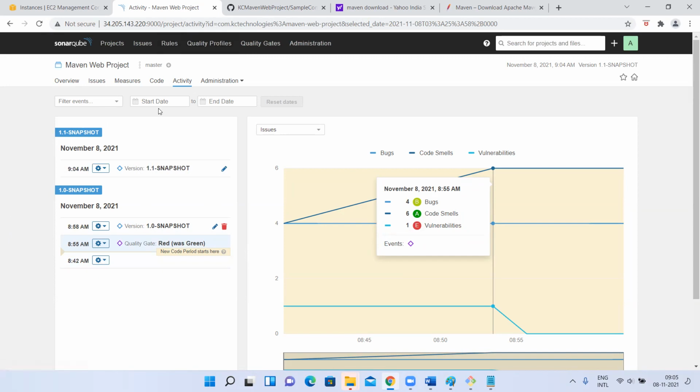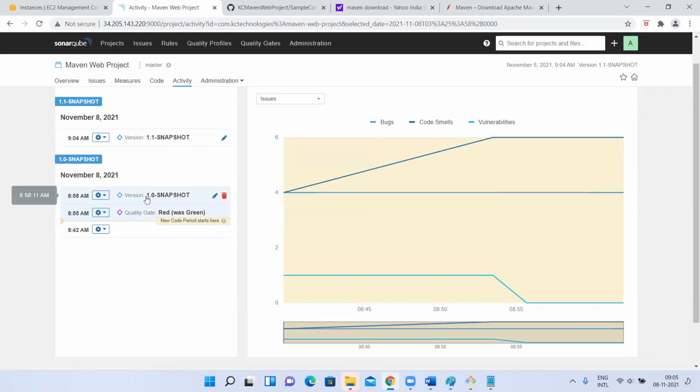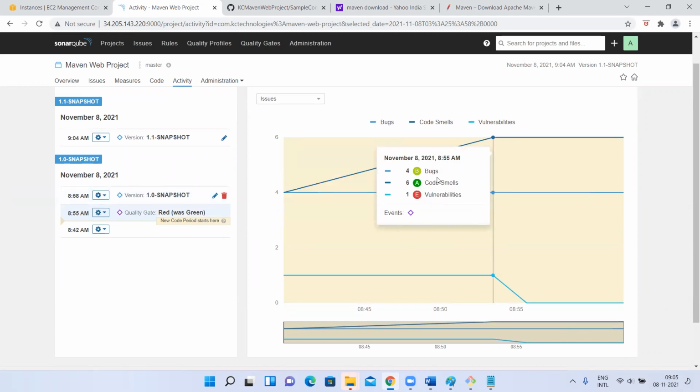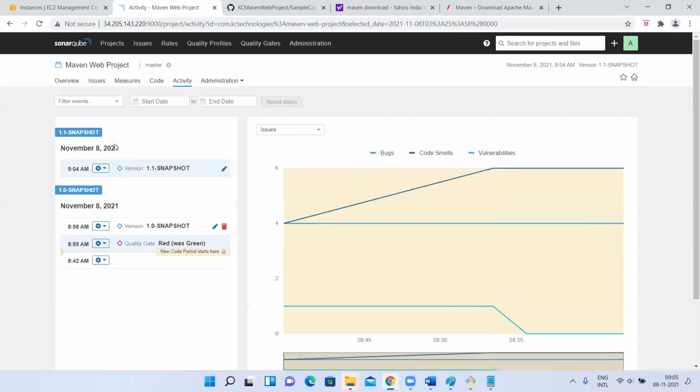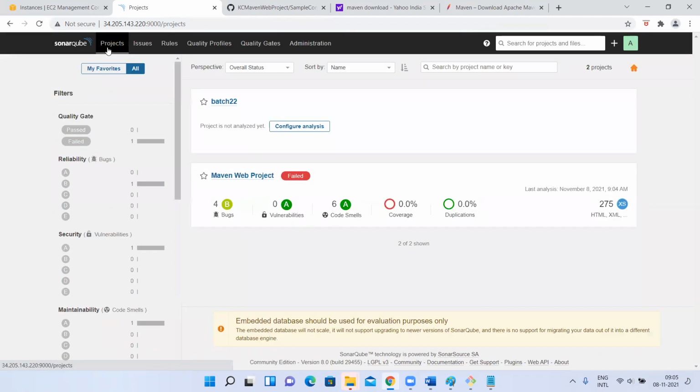If you want to filter the report between dates, you can filter between whatever dates. For example, you have been using SonarQube for 1 year, and you just want the report of like 5 days. If you select that period, it will give that report here, and show how many bugs there were in this scan, how many lines of code, and so on. Okay, understood, guys? Yes or no?